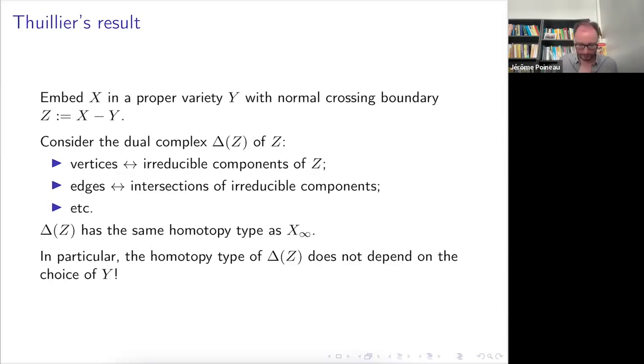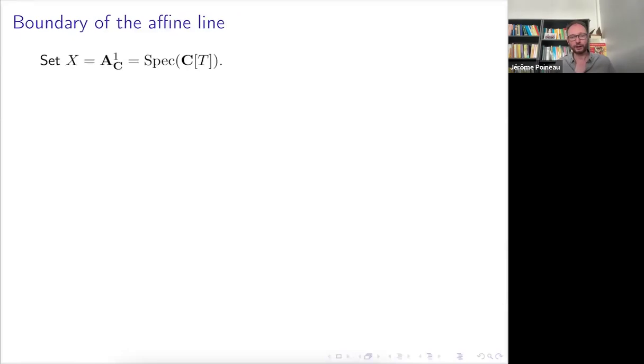Okay, let me go on. I want to draw some examples. What does the boundary look like? So I will do two examples, the affine line and the affine plane, I guess. So the affine line, Spec of C[T]. I said that X bet is this: you have the absolute value of T and you want it to be smaller than 1, the part where the valuation has center on the affine line, that's the part you want to remove.